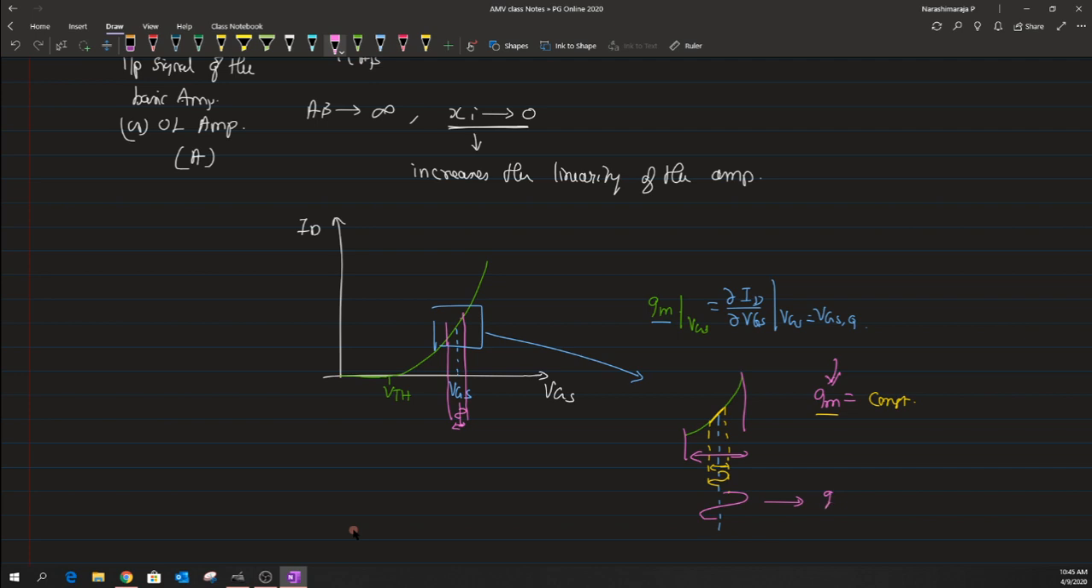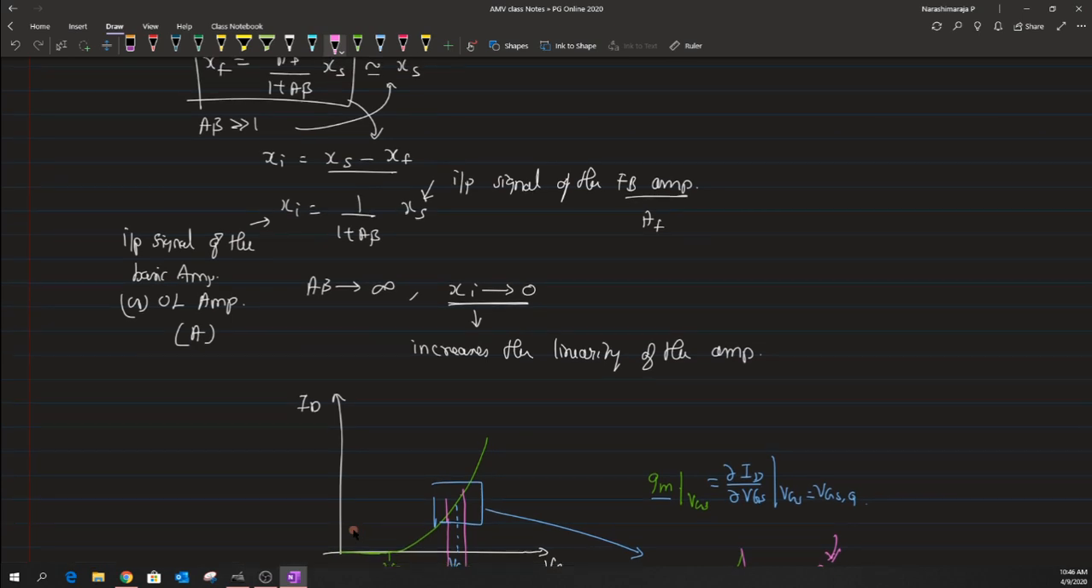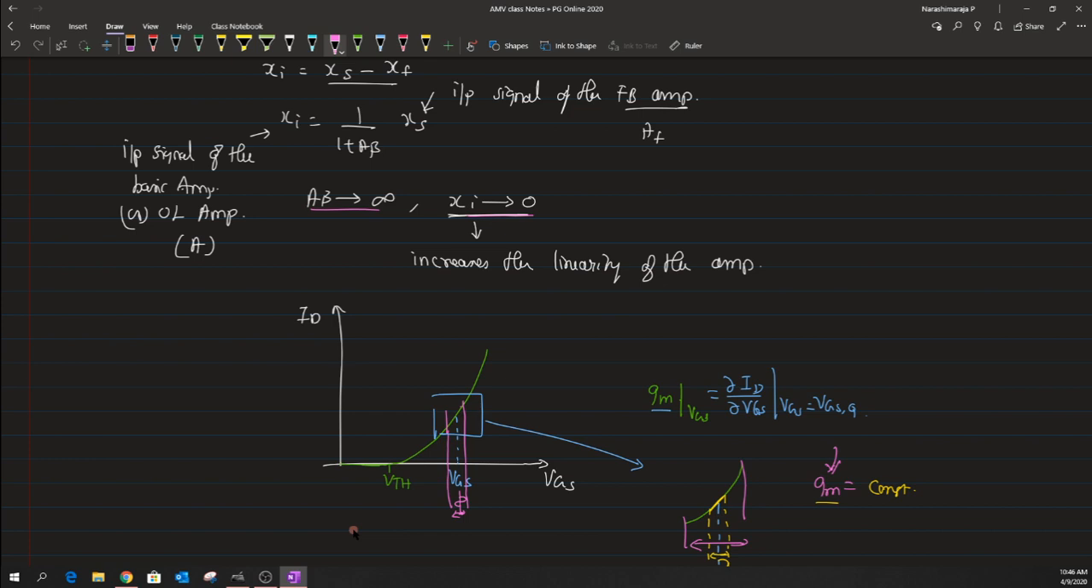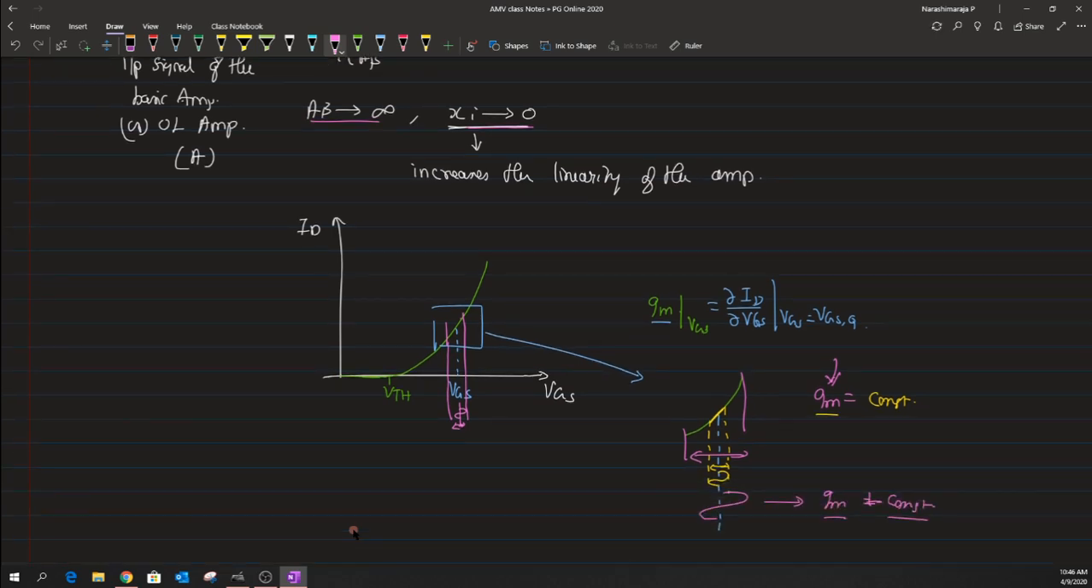This curvature in turn makes this gm not to be a constant quantity, okay, and that is what we really mean. So, whenever we have this gm which is not a constant, then it introduces nonlinear distortion into our gain expression, clear. So, that is the reason why when we have this loop gain factor which is much larger, then the input signal will approach a value which is closer to 0, which means that in this case the swing, okay, the amount of swing, if I could be able to reduce much smaller, then